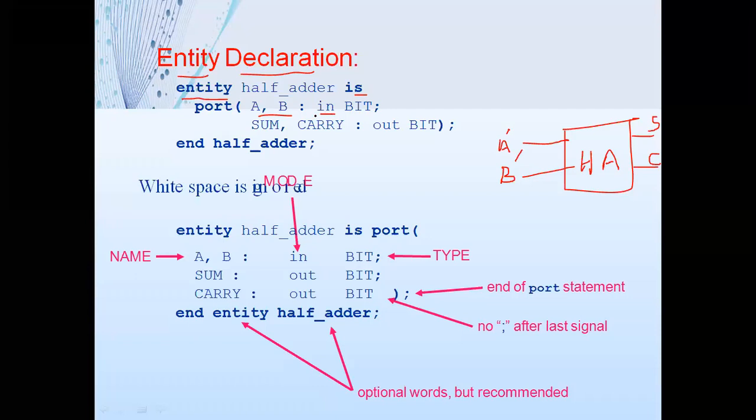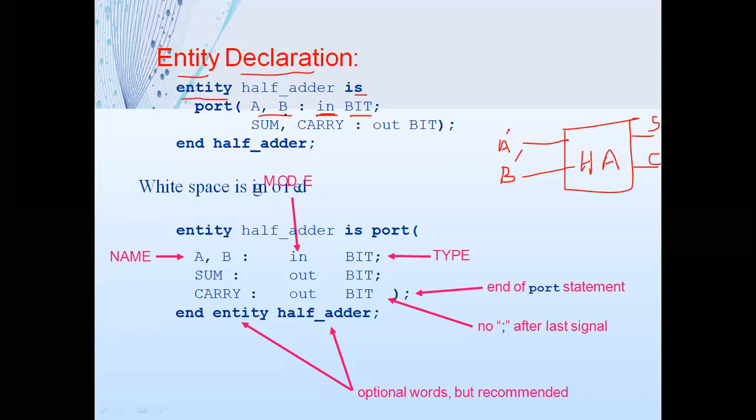If you observe, what is there in the syntax here? It is the mode here, right? In this example, A and B are the input ports. So that's why here the mode becomes in. And these are all single-bit information lines, so it is defined with the signal type as bit here. So in the port, you are declaring the input and output signals. The input signals are A and B.